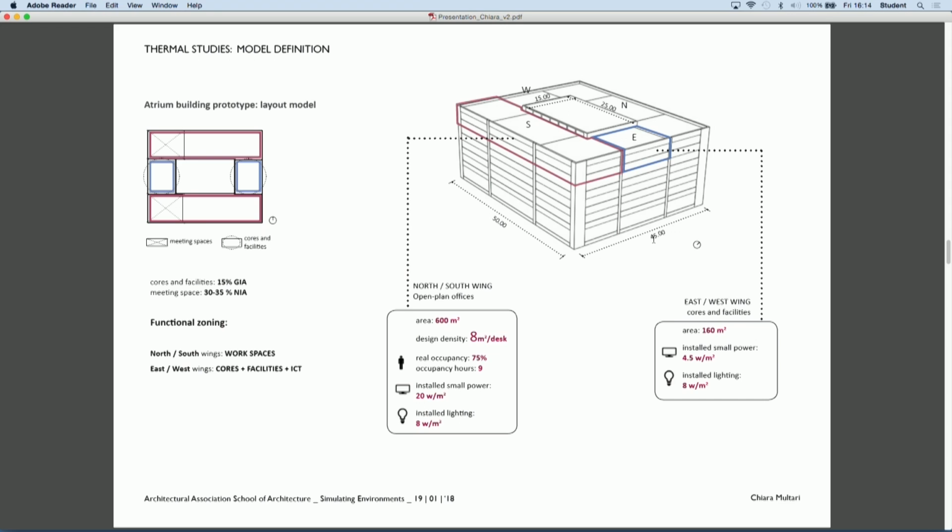In the case of my building, I relocated these functions toward a west orientation, which is usually the less suitable for working activities, as it is the most difficult to shield, to protect, and the daylight conditions are usually the less favorable.